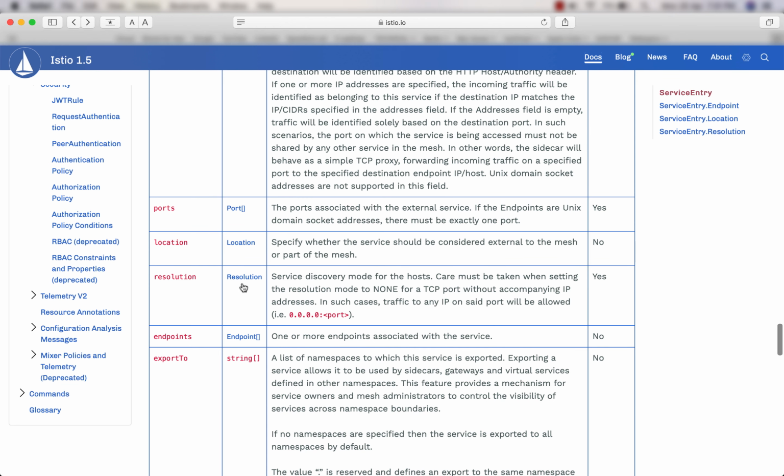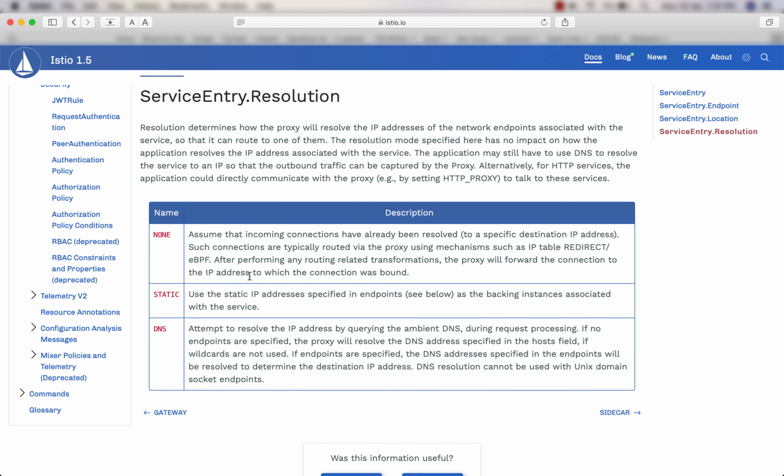Then you have resolution, and resolution can be either none or static or DNS. If you are mentioning a domain name, like I have shown you my-webpage.com, you have to mention the resolution to be DNS only, because a DNS resolution should happen before the application can connect to the service. So if you mention IP addresses, then you do static, and the other option is none.